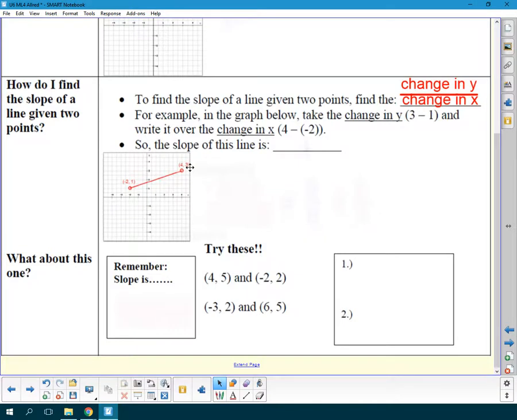That would be the change in the y values. And then I'm going to take the change in x. So I'm going to look at these 2 x values, 4 and negative 2. I'm going to subtract those. It's important to note that I subtracted in the same order